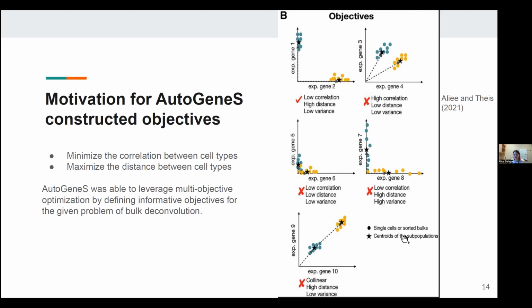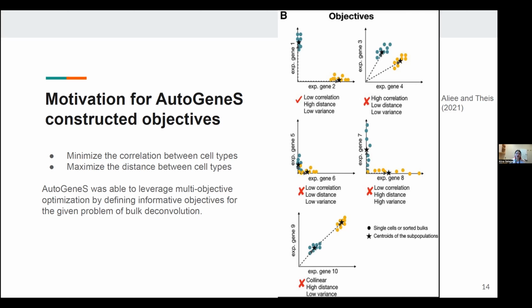But then, this is all of the other cases where things can go wrong. You can have highly correlated cell types, or cell types very close in the expression space, or you can have really high variance, where within the same cell type some cells express the gene really highly, but some really lowly, and then you can have this overlap. So that would not be such a good discriminating feature. That's kind of the motivation for it. And that's kind of the crux of